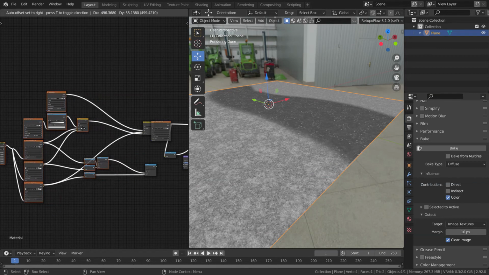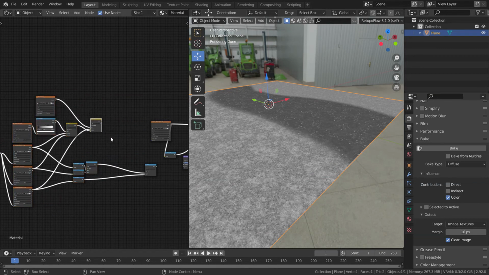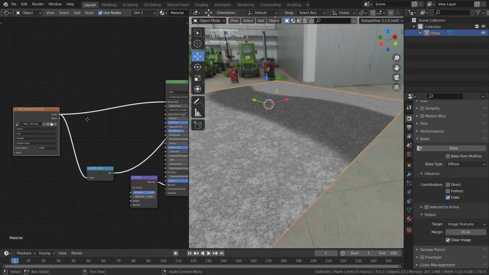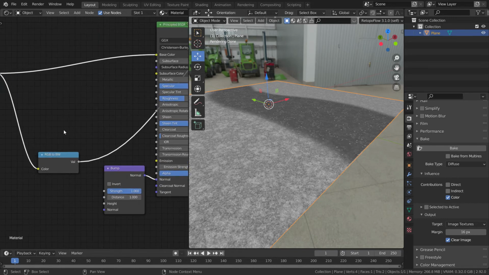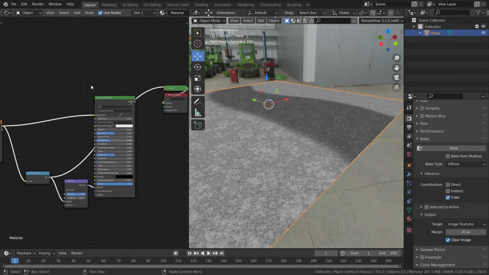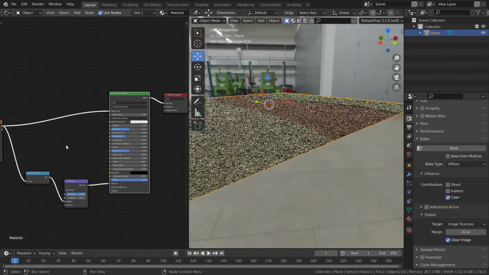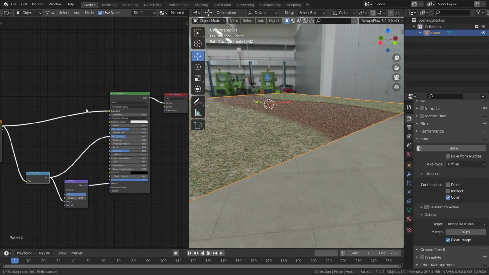Let me just move everything back which we don't need. So now this single image texture will control everything. Let's plug that into the height value. Also let's take that into our roughness.